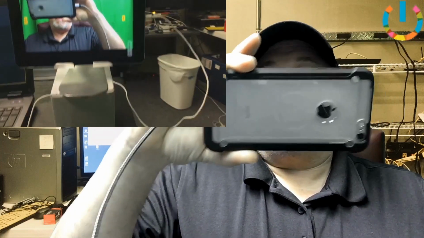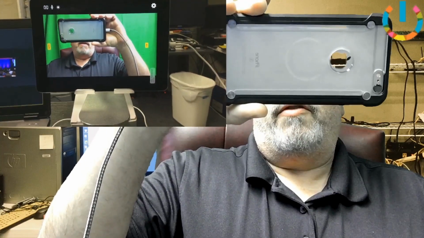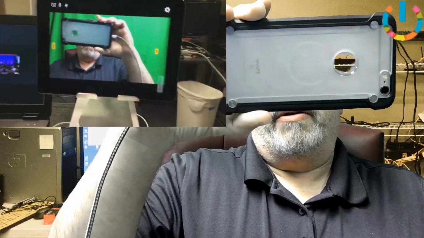One, I have an iPad right here, and that is attached to the streaming computer with the USB, Lightning to USB, and it's using a free app called OBS Camera. I am using the paid version of the app to allow us to use front-facing camera and a couple of other